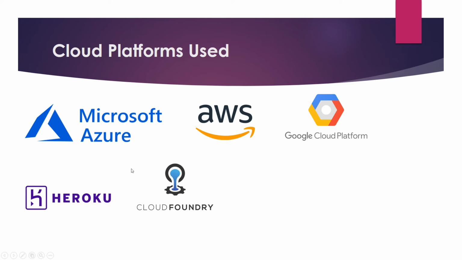Cloud platforms that are basically used by data scientists: you have Microsoft Azure, AWS, Google Cloud Platform, Heroku, and Cloud Foundry. Remember, out of all these, the top three are the most famous: Microsoft Azure, AWS, and Google Cloud Platform. These are the most used cloud platforms available, and they are very good platforms. You can consider them competitors to each other, but AWS I think is pretty amazing. I love AWS. I've worked on both Azure and AWS, but I like AWS altogether.